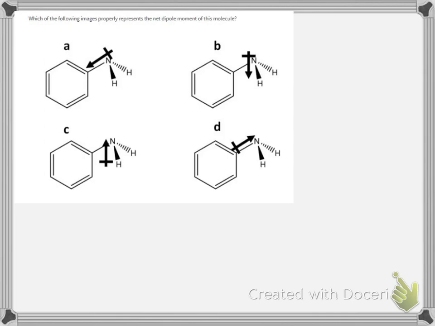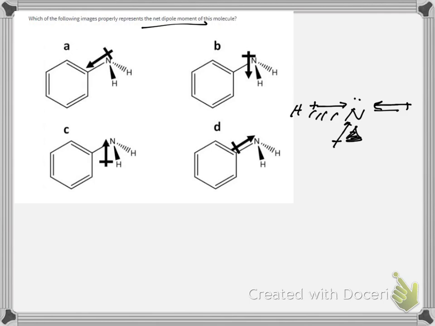All right, so this question comes up often on exams and in the homework. Let's take a look. What are we trying to do here? Well, what we're trying to do is show the correct net dipole for a three-dimensional functional group, right? There's a functional group, an amine, that's attached to a phenyl group. And so what we want to